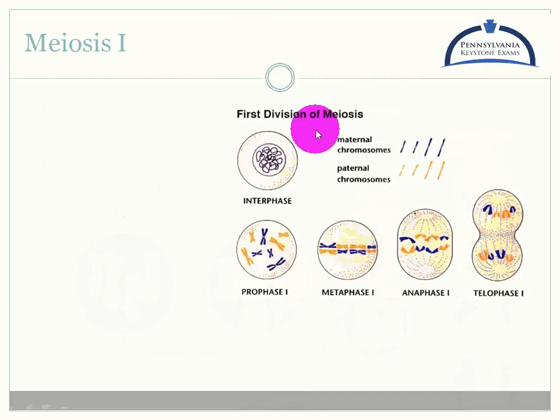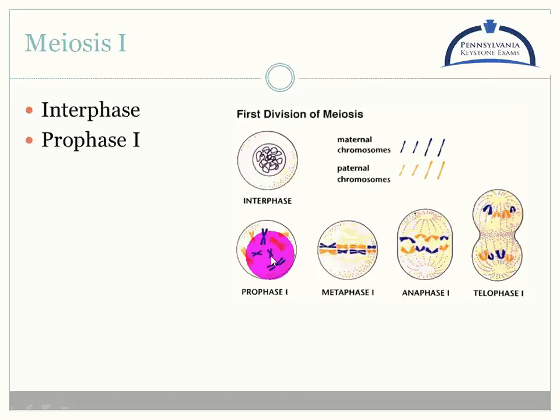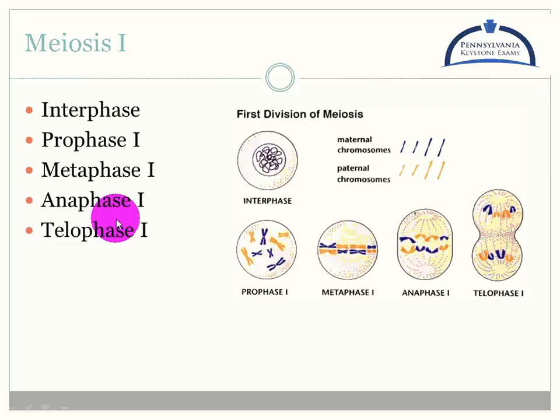There's kind of a mishmash of coloring. So in meiosis 1, you can see here interphase, not condensed DNA, it's where it's spending out its time. Prophase, prep. Metaphase, I'm still lining up in the middle, but now I have these homologous pairs of chromosomes. So homologous just means matching pair. So since I have double, I have my matching pairs here. They separate and I get to telophase 1. So I have my interphase, I have my prophase 1, I have my metaphase 1, I have my anaphase 1, I have my telophase 1. Really the same idea. I still have my prep, I still have my middle, I still have my away, and I still have my far, because telo means far, or the end, but I'm looking at different amounts of chromosomes.